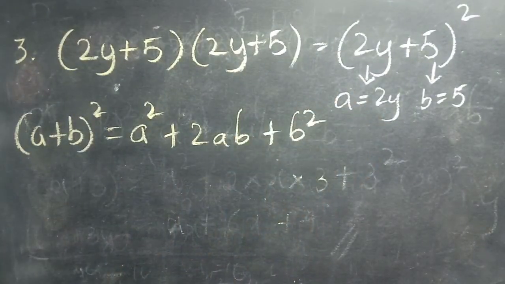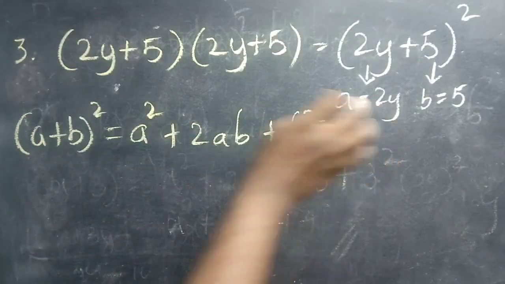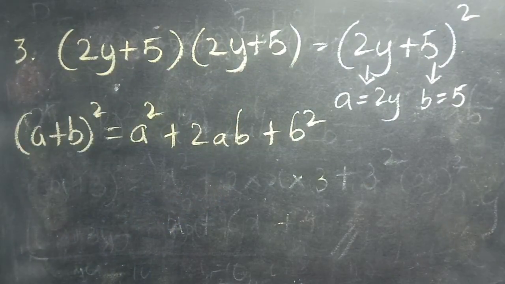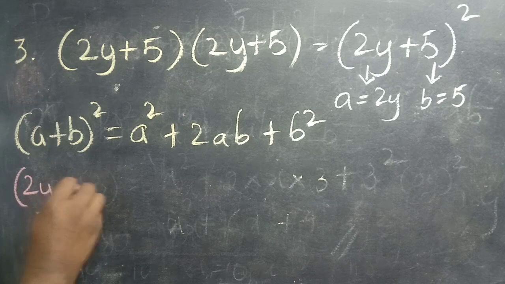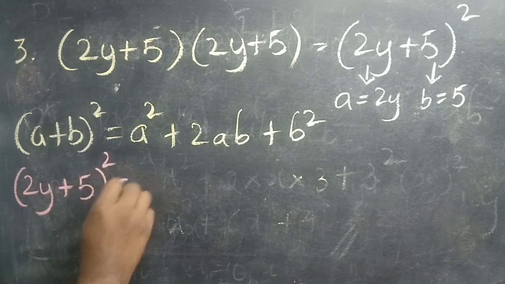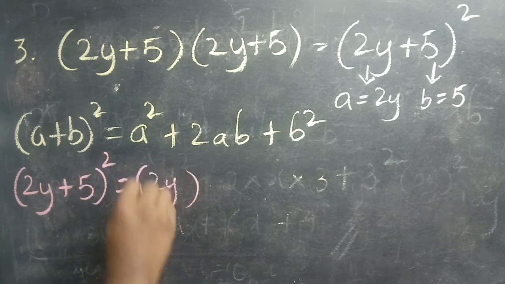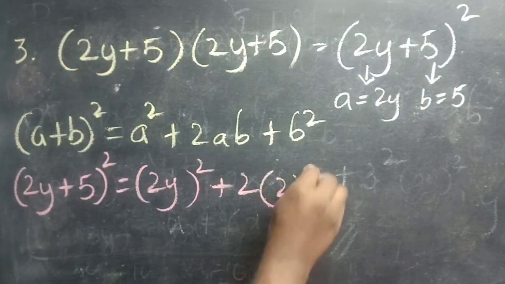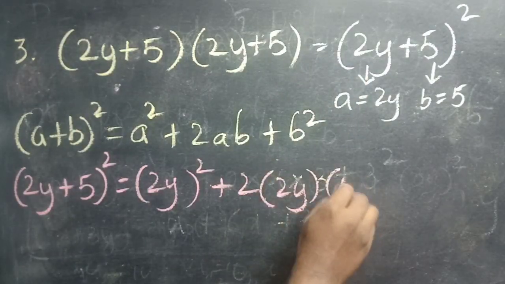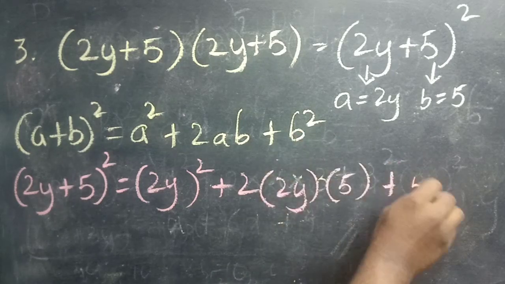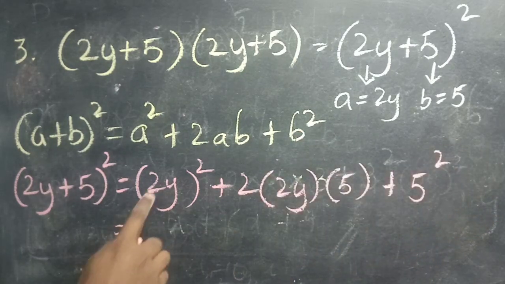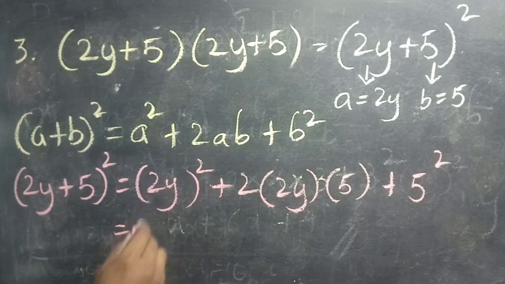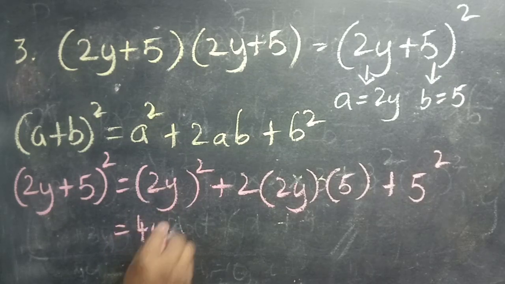Now in place of a, write as 2y. In place of b, write 5. Now what we get is 2y plus 5 whole square equals 2y whole square plus 2 times a is 2y into b is 5 plus b square is 5 square. Now 2y whole square is 2 square is 4y square